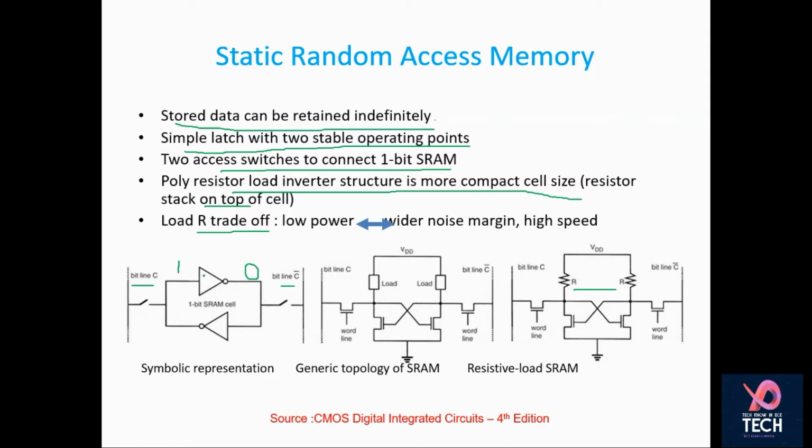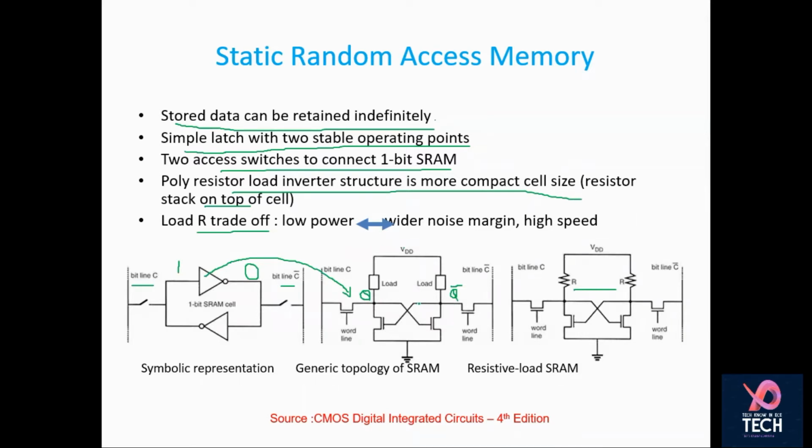Now, these inverters can be implemented with 3 different configurations. This we have already discussed when we were discussing CMOS inverters. What are the various ways in which your data can be retained in the form of charge at the inverters? So this is one node. This is another node. In this particular SRAM, data is stored at the nodes in the form of Q and Q bar.